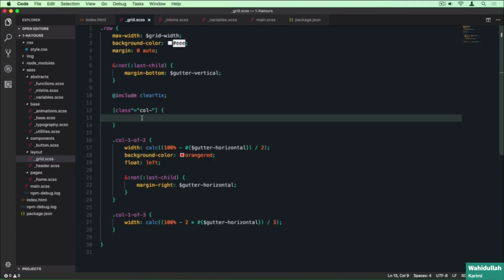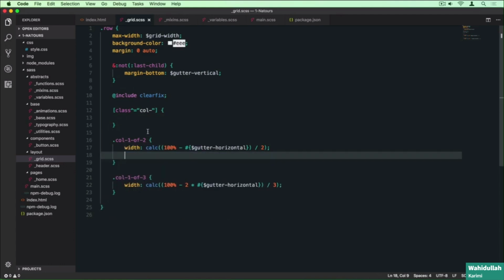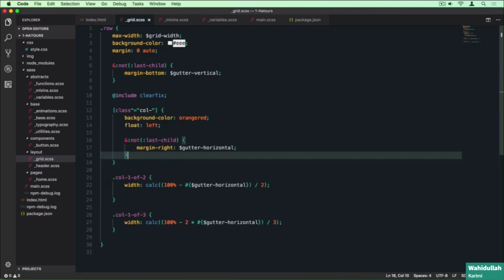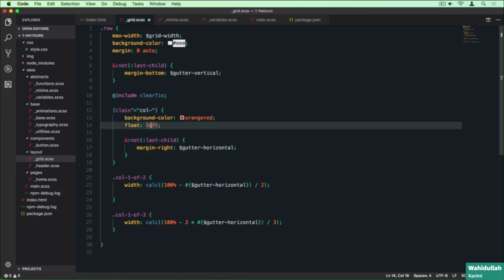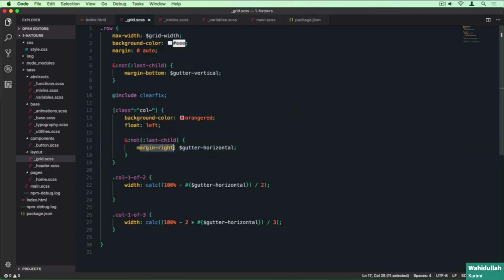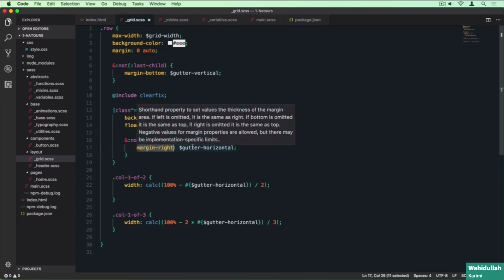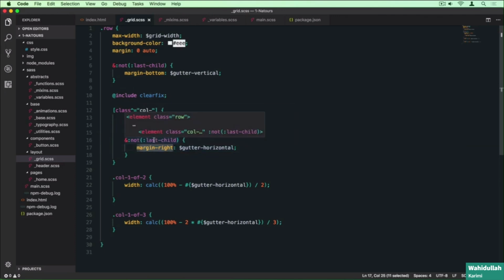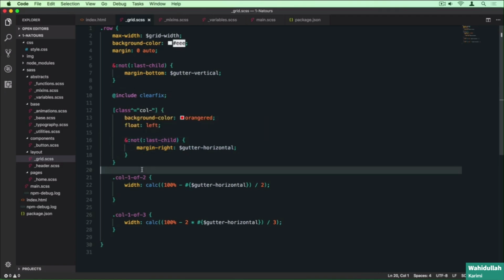Now what we really wanted to do here is to actually pass all of this in here, right? So now all of the classes that we have will have this float property set to left, so they will be floated to the left, and also they will have their right margin set to this gutter that we specified, but only all except the last one, which is what this not does here. Alright, and if we now check out,